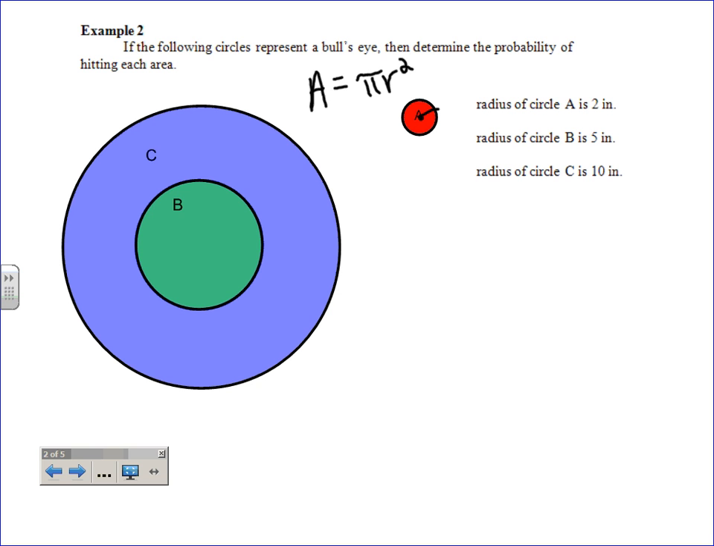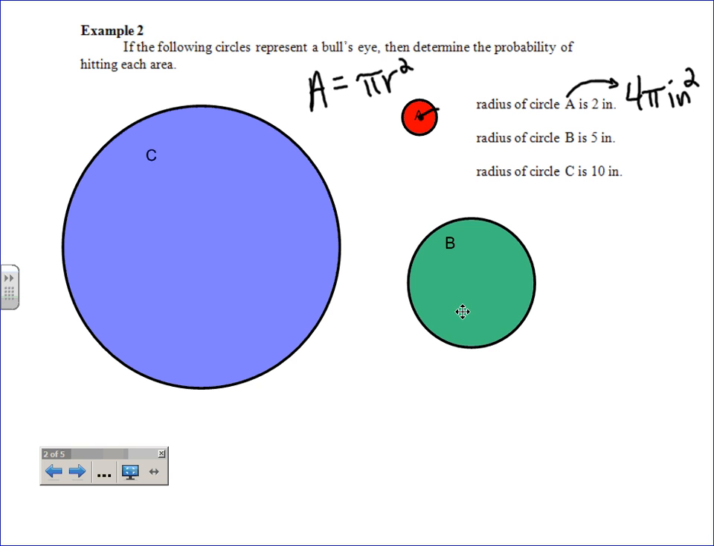And so r is how much in this one? 2, so you take 2 squared. So this is 4 pi square inches is circle A. Do you agree? Are you with me on that? And I'm just going to leave it as 4 pi. I'm not going to multiply the pi out because all my answers are going to have pi in it. So let's just leave it that way. Why get all these decimals I got to write down and then round and all of that stuff? Okay, so now we're saying B